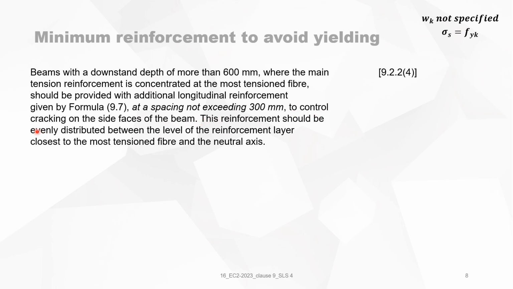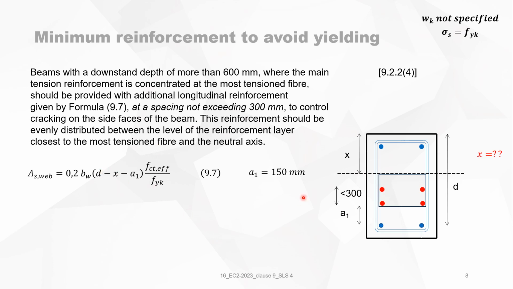This reinforcement should be evenly distributed between the level of the reinforcement layer closest to the most tensioned fiber and the neutral axis. So this means that when having a rectangular section and X is the compression height, this is the neutral axis,